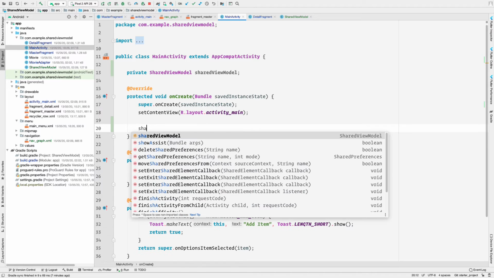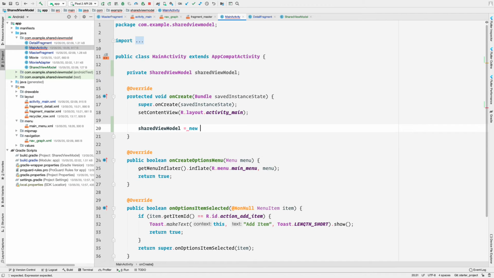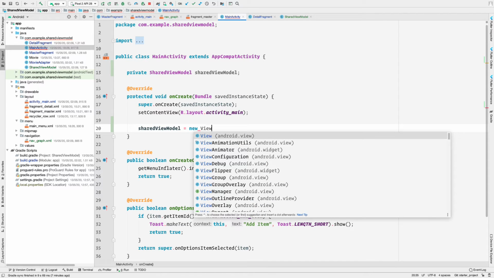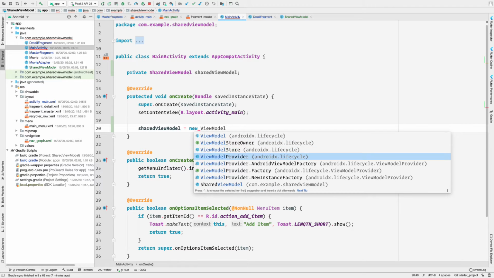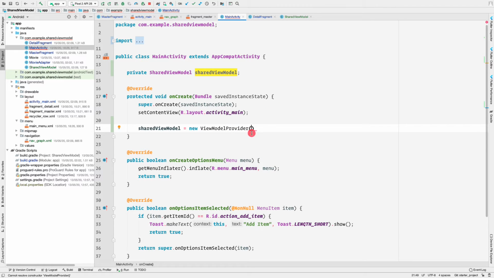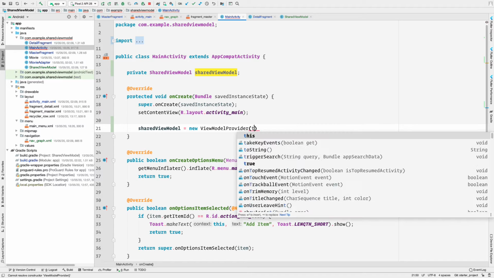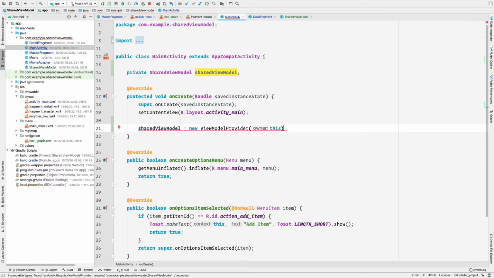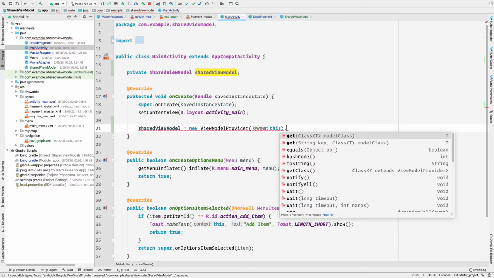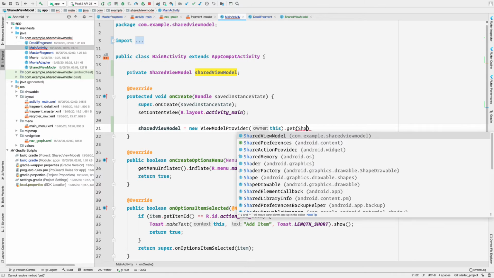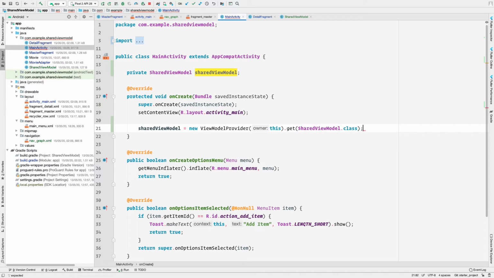We'll simply say sharedViewModel equal to new ViewModelProvider, and notice that it is without the s here. Here we can pass in this for the owner, not for the context but the owner. And then we can simply get SharedViewModel.class like this.